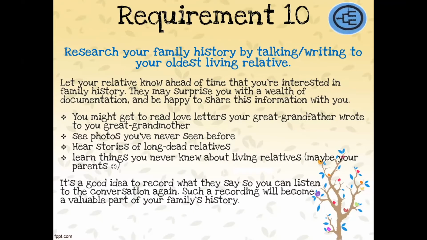This is also a practical thing that we need to do. It says research your family history by talking or writing to your oldest relative. And that was what I started with. That's the first source of information, the people in your family who actually know the information. So work out who the oldest person is, your oldest relative, or maybe it's not necessarily your closest relative. Maybe you can't physically go and talk to them. Maybe you have to write them emails or phone them because you can't physically go visit them. But let them know that you're interested, that you're doing your family history, and they might surprise you with a lot of information you didn't know.